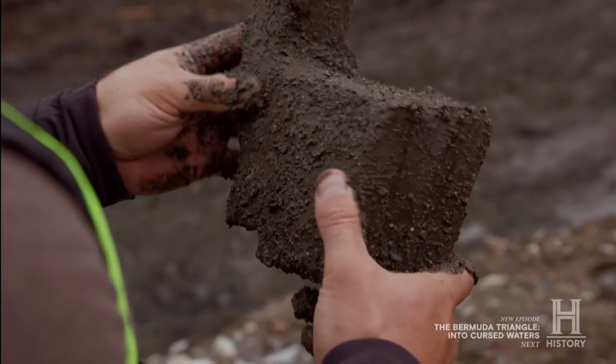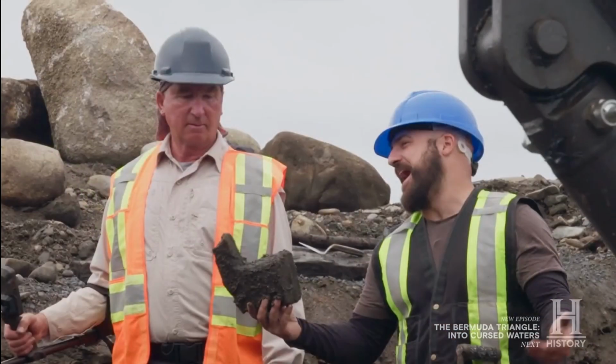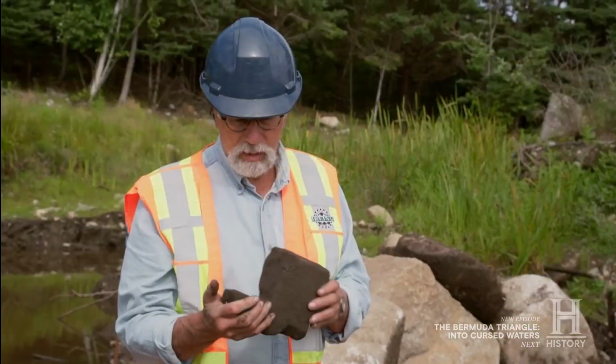In the swamp under the modern day road, Billy unearths and Jack finds this piece of shaped wood that has a hole for a dowel. It comes from a level lower than the drained swamp and the road behind Gary and Jack here. This transition shot reveals that the spoils from the road are being pulled back by the long-range excavator. Rick arrives to take a look at the piece of wood,